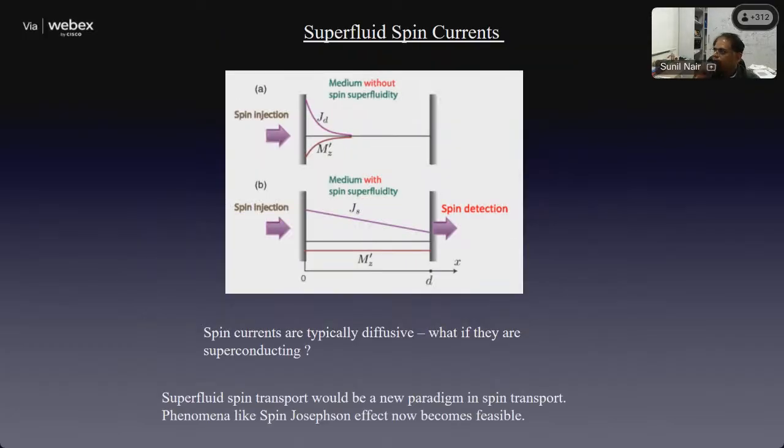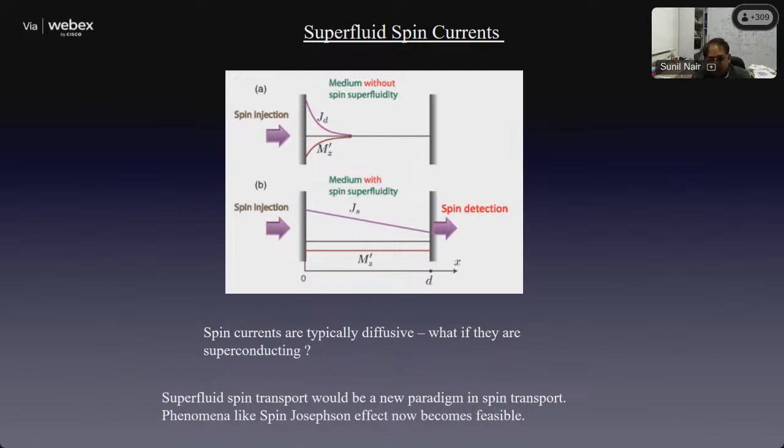Now, this is something which is especially interesting for me, and that is looking for superfluid spin currents. When you look at magnon spin transport in solids, I told you that the length scale of the problem is defined by what is known as the magnon diffusion length. So the transport is diffusive; it is inherently lossy. Now, in electronic systems, we know that there are superconductors, which means under certain material classes, under certain temperature and doping and other conditions, you can actually have Cooper pairs which move electrically without any electronic dissipation, right?